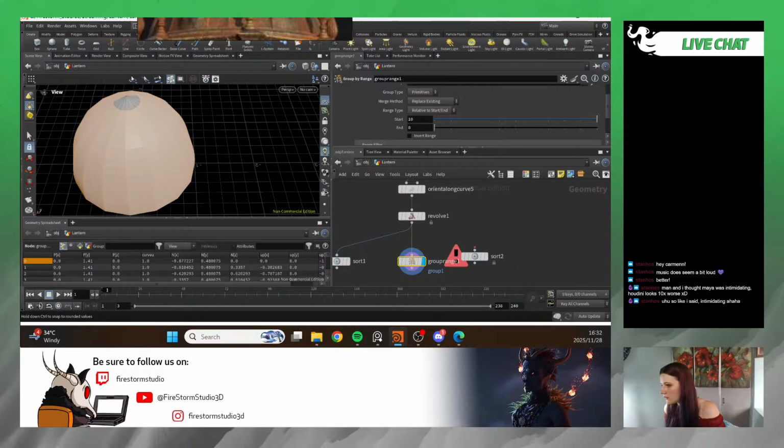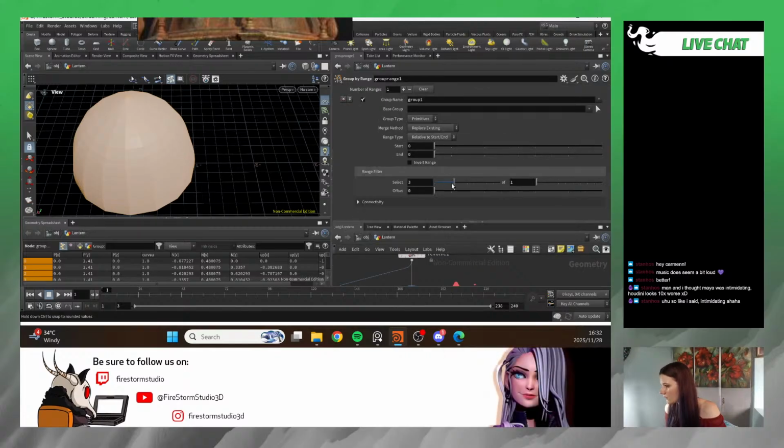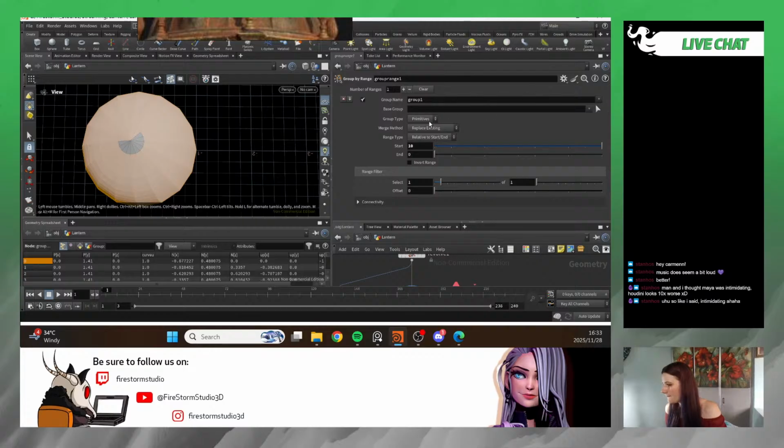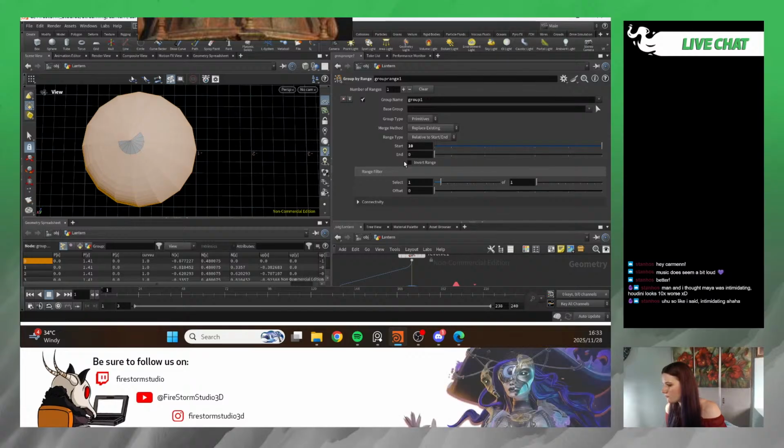Okay, so that selects that way. So we are looking for primitives, so that's fine. Select one. But I don't want it to go that way. I wanted to go from top to bottom, which is very inconvenient. Offset. That's not helping me very much. The start is there, and